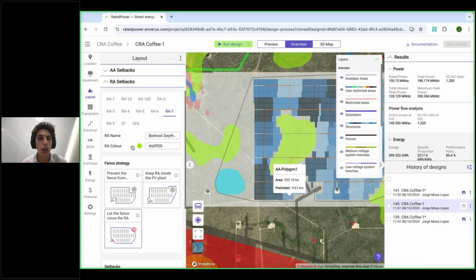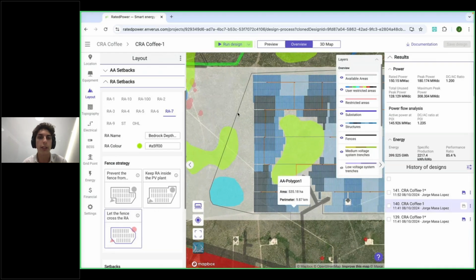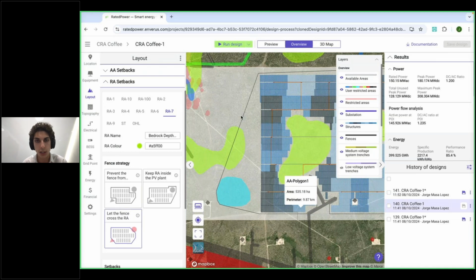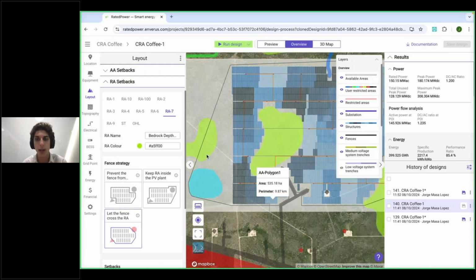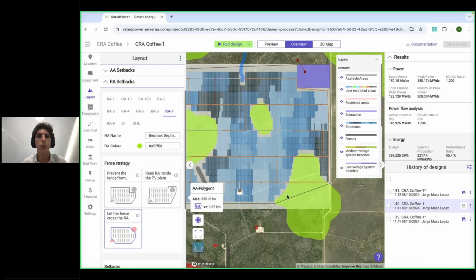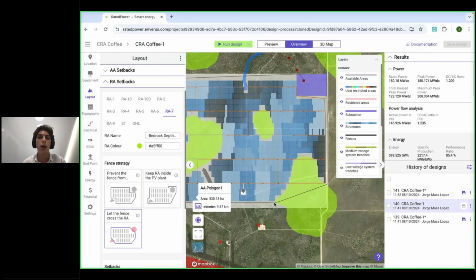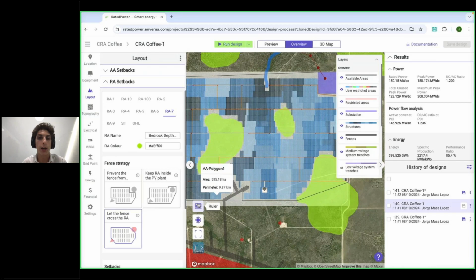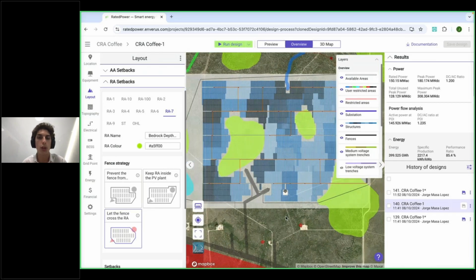And the third strategy, I prepared it here for the bedrock depth, is being able to cross the array. And this is the bedrock depth. As you can see, the fence goes through here, and here it goes through. Okay, so you can play with these strategies and establish it in the best way that you want to design